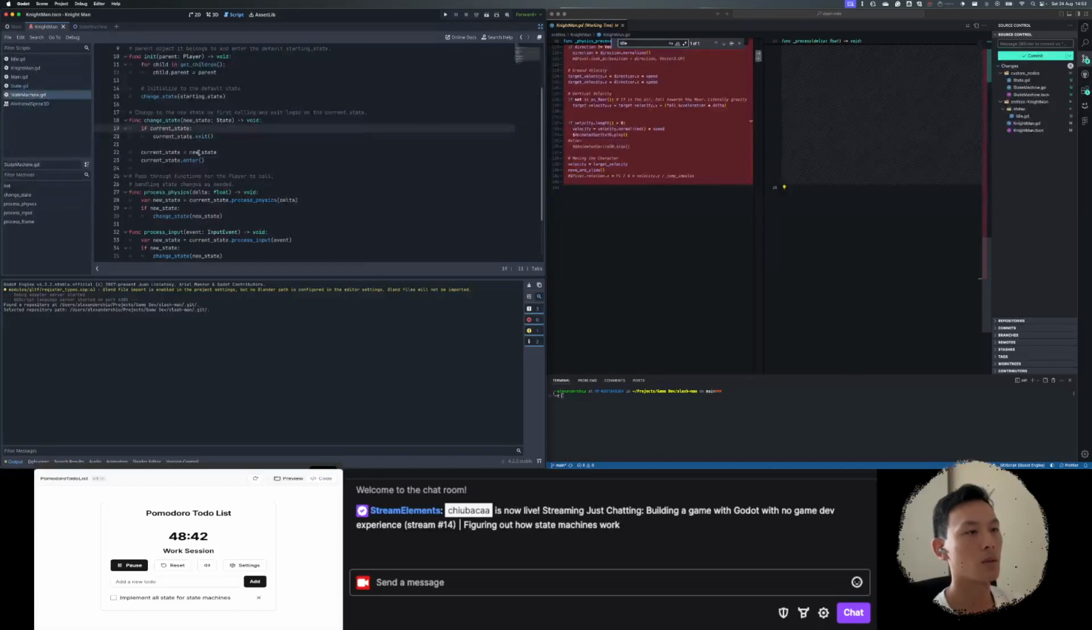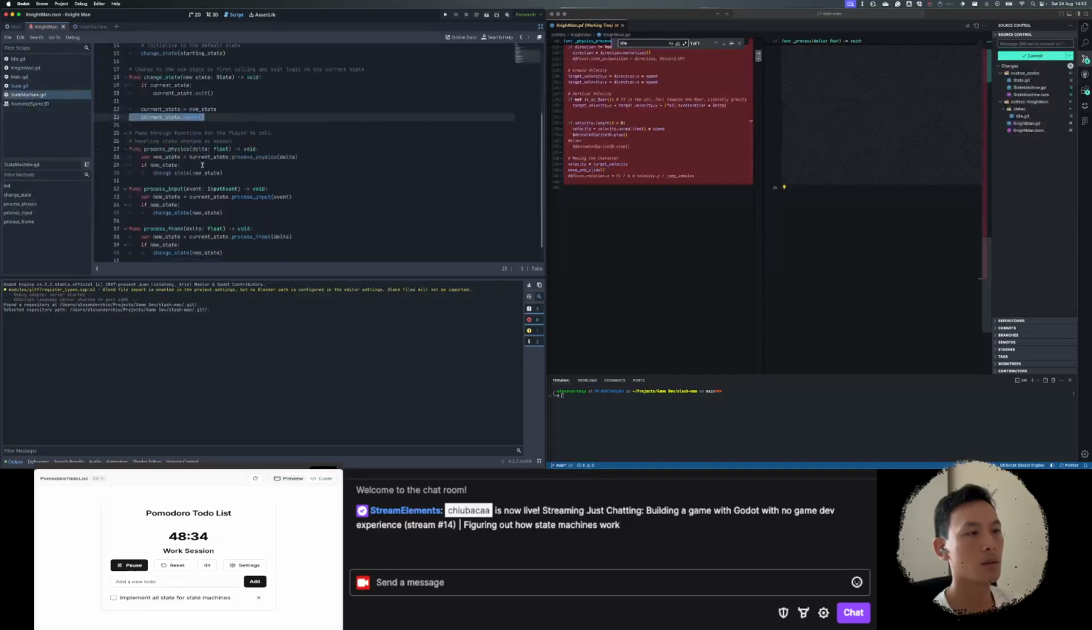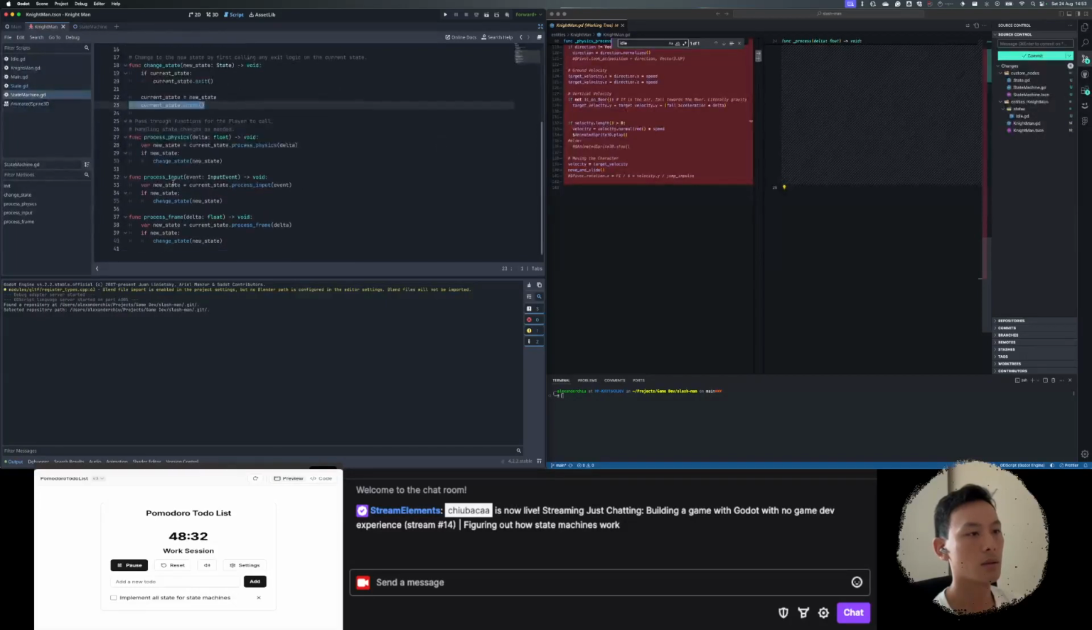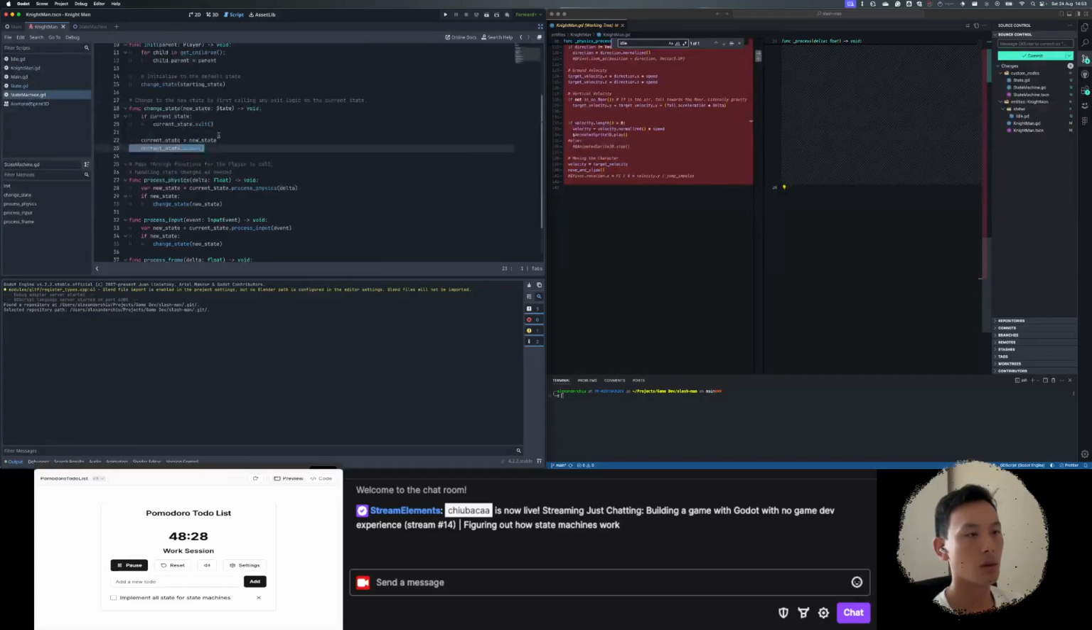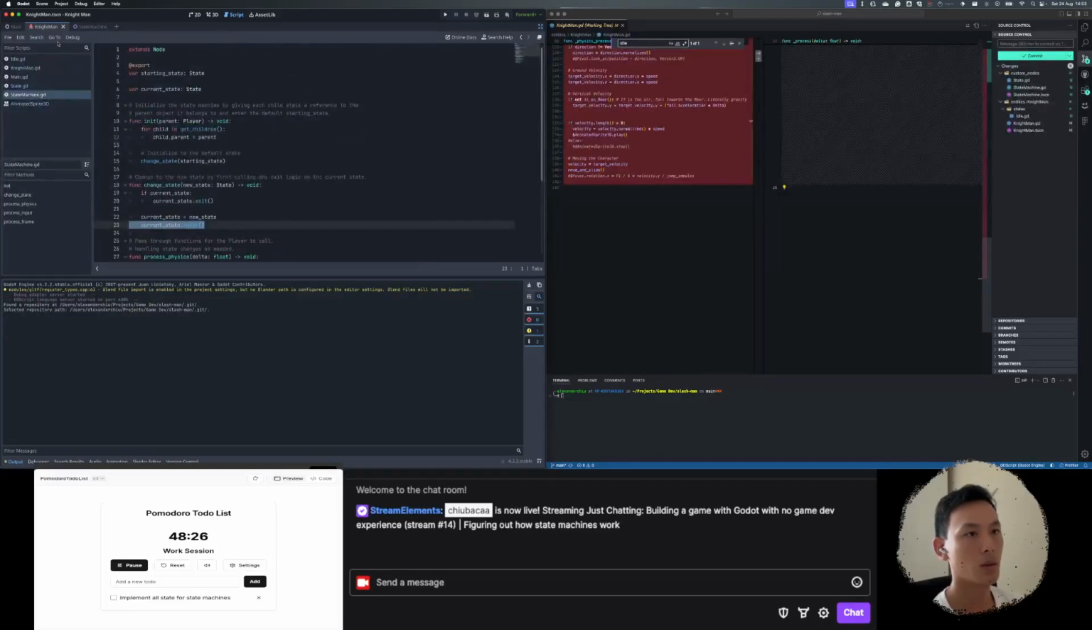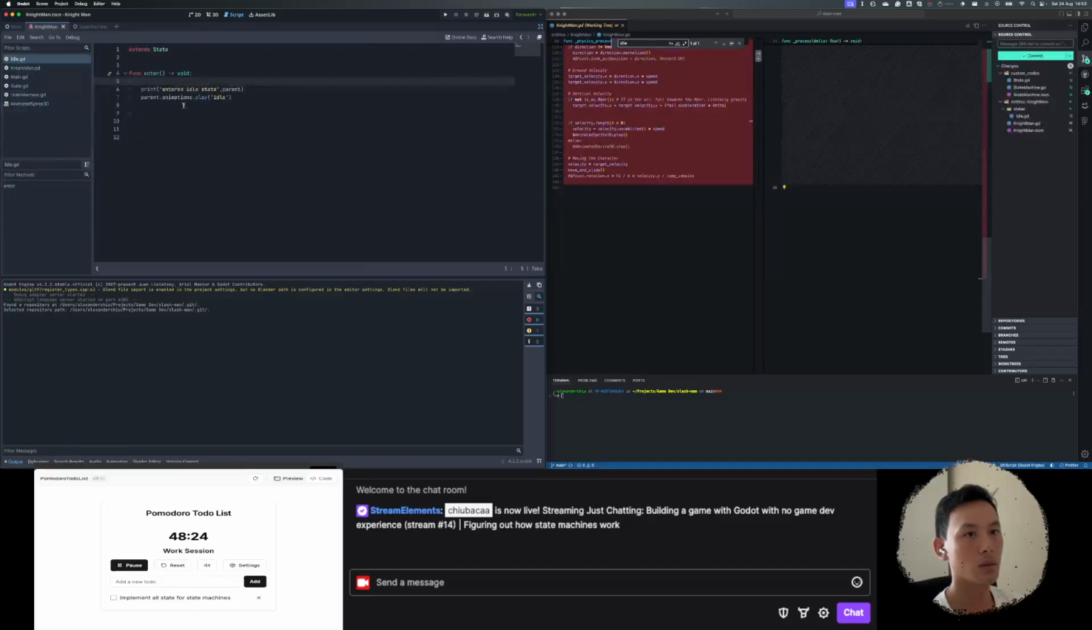Current state. Change to new state. New state, status state. Enter. These are just pass-through functions. Okay. So the way this works is we have this enter. And this runs